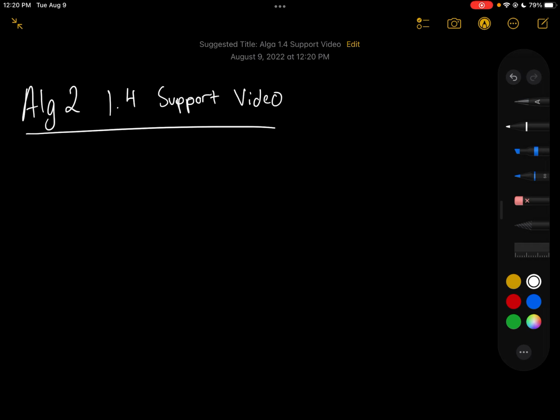So basically for 1.4 it can be hard to get started because what we're really doing is we're taking a couple of things that we've already done this unit and we're putting them together at the same time. So if we take a look at a similar question but with different numbers, then the first one that we start out with